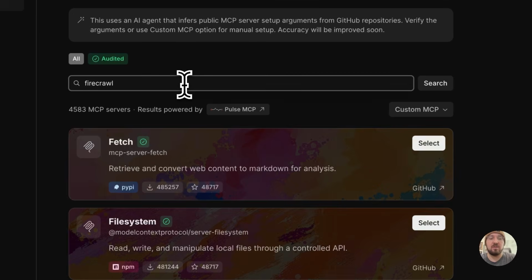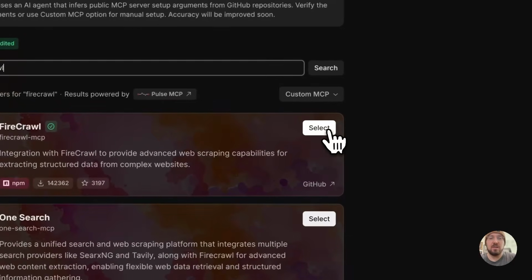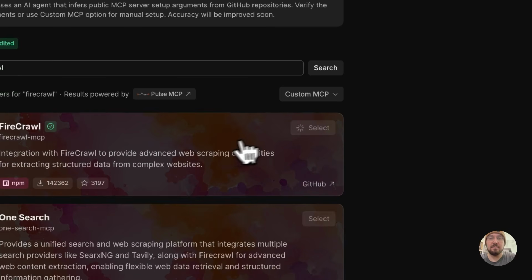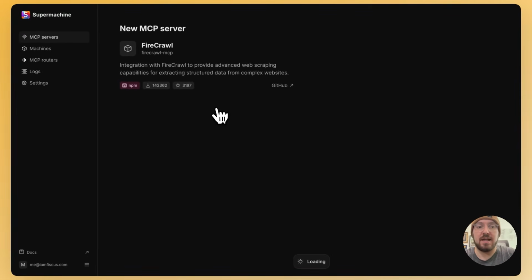So if we look at Firecrawl, this is a really well-known one. We're actually going to install this. So we can go ahead and select it, and it'll take us through the process of actually building out the